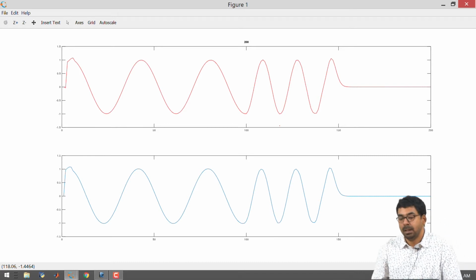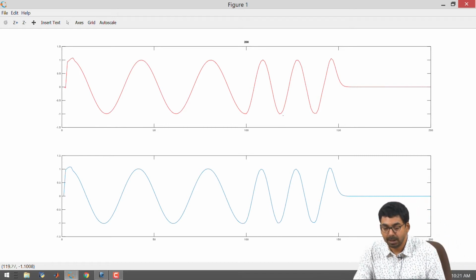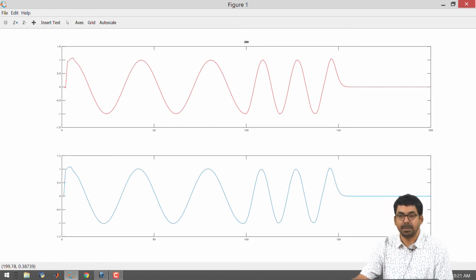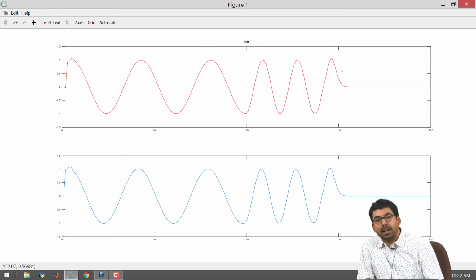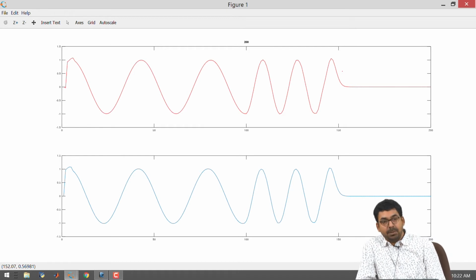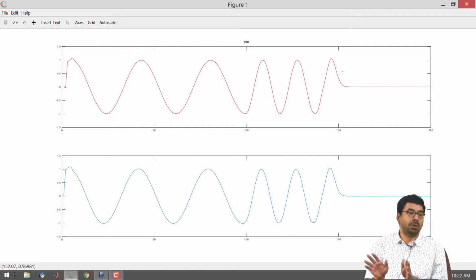Okay. The second thing that we have to notice is that the wave should have reached 200 spatial steps at the end of 200 time steps. It did not do that, simply because we already know that the velocity is going to be 1 by square root LC. So, in the second half of the transmission line, the velocity is reduced. We had L doubling, C doubling, so the velocity reduced to half, and as a result it should have traveled fewer steps.